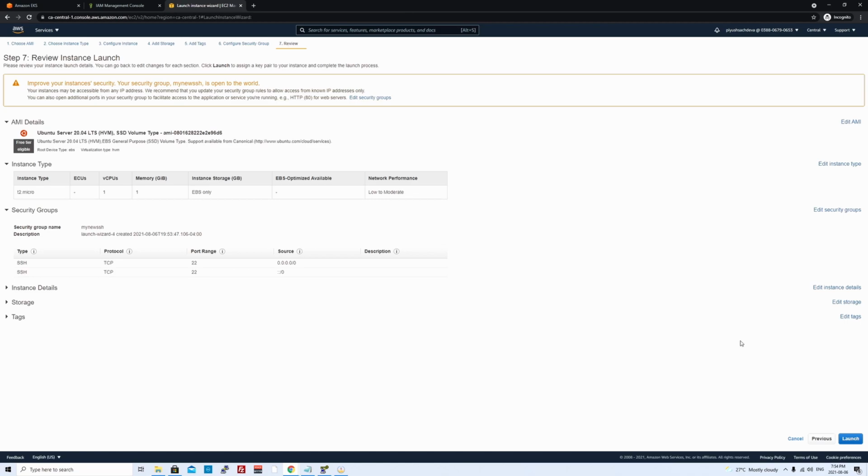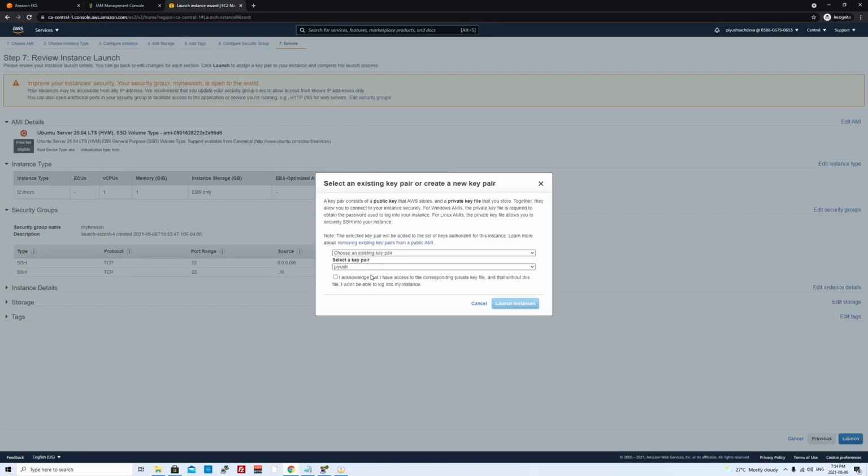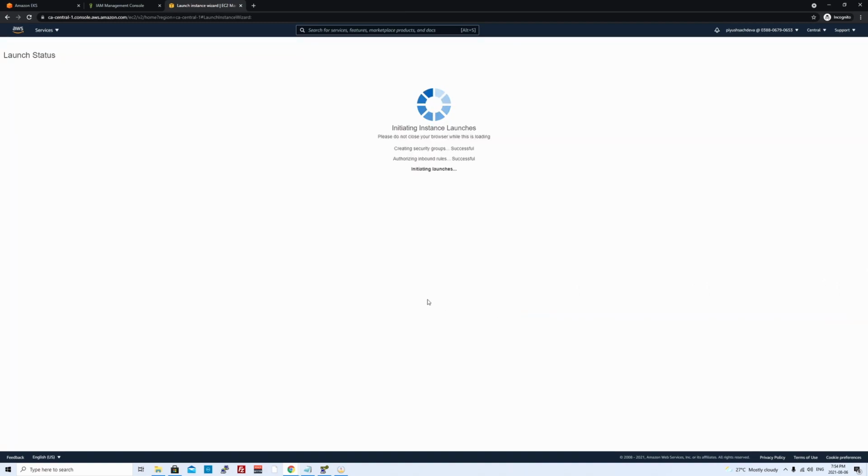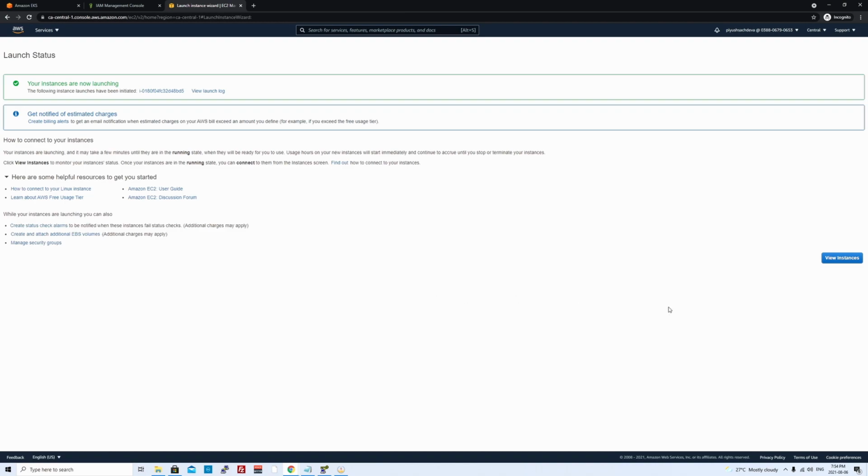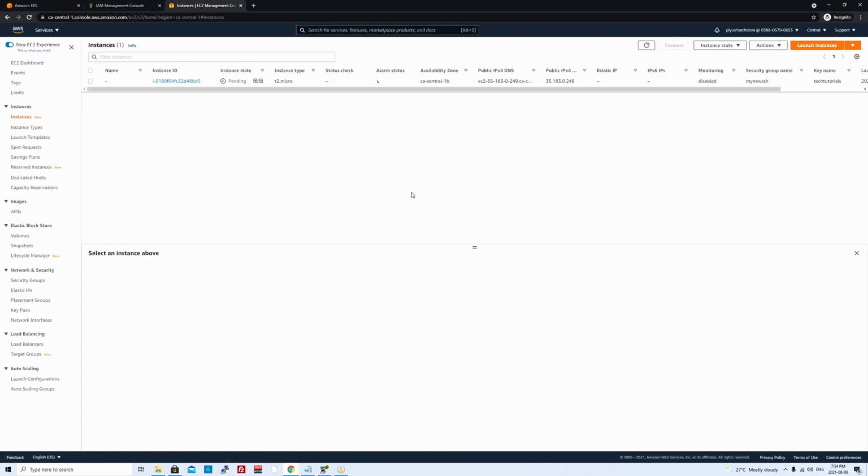Okay, then I'll hit review and launch. Make sure you review everything from here. Hit on launch, and then you select a key pair. Hit on launch instance. So again, it's gonna take a few seconds. Once it is provisioned, we'll go and install kubectl and AWS CLI over there.